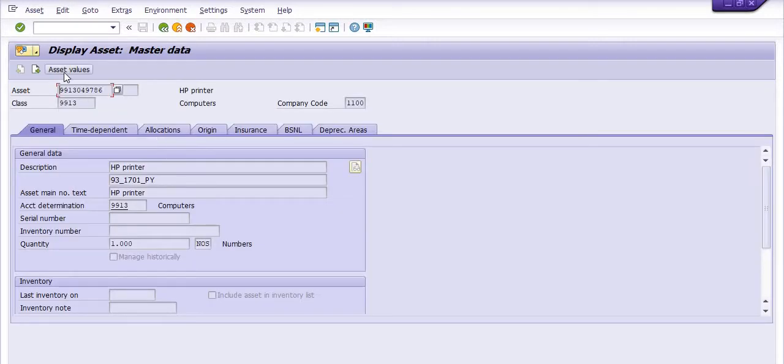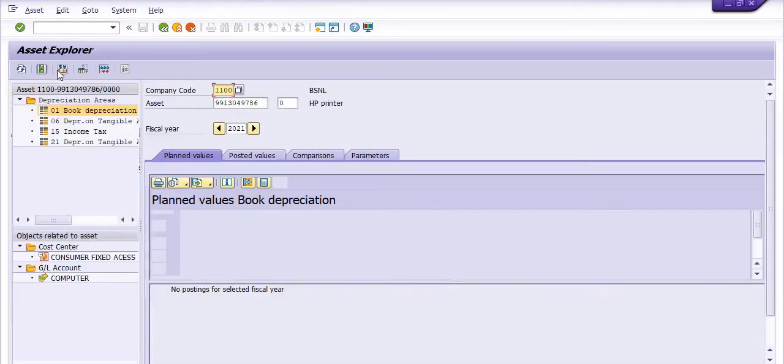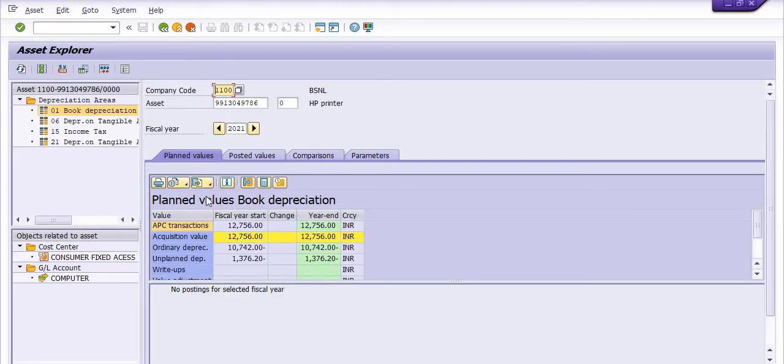Click on asset values, you will see the data. Acquisition value is this, ordinary depreciation is this, depreciation posted is this 10742, and current value of this is 673.80.